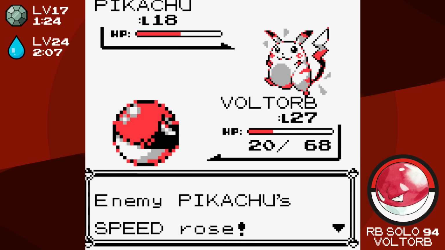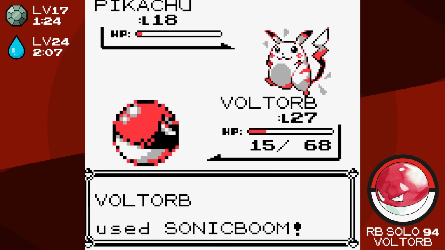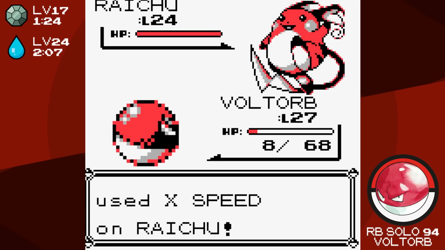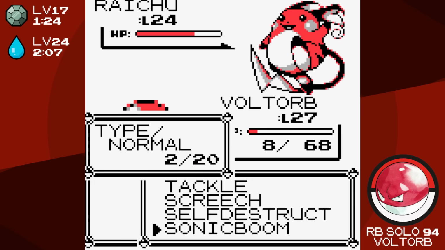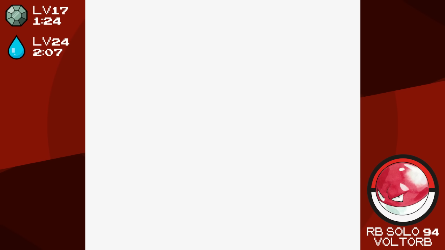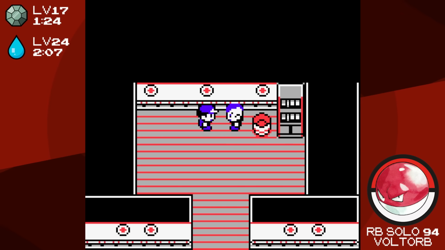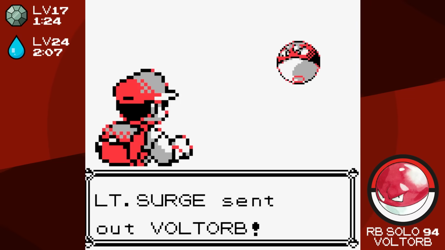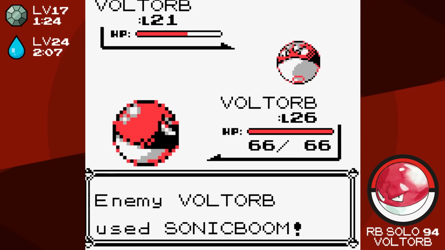I then use Sonic Boom, which is running out of power points, knock out Pikachu, and then miss against Raichu, miss again against Raichu, Growl is good, and then Thunderbolt. Had I not missed, we could have won, but yeah, Surge is going to be a little bit of a grind. Unfortunately, I don't believe I actually have enough Sonic Booms to just spam it for the entire battle, so